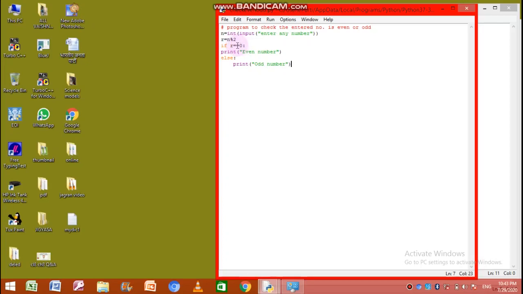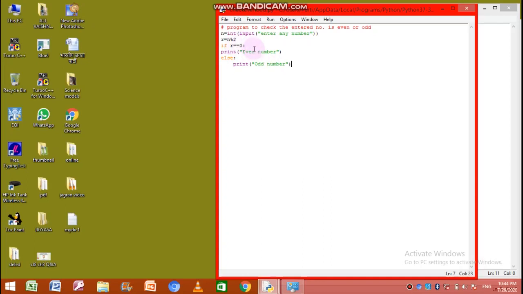If they both are equal, it will return true, and the true will execute the first statement with the if. Otherwise, if it returns false, it will jump to the else part and execute the statement print odd number. So only one of these two statements will be executed, either even number or odd number, because they are based on the result of this equation, true or false.